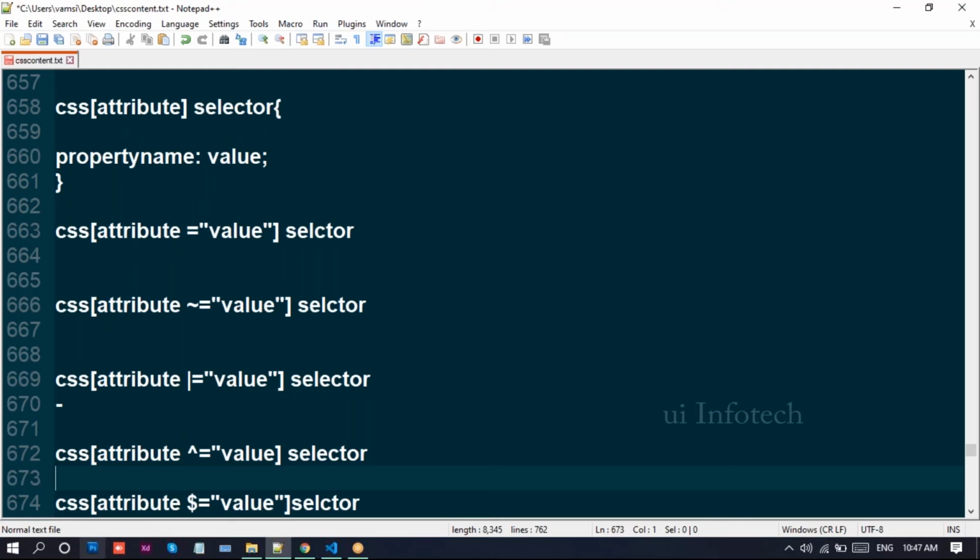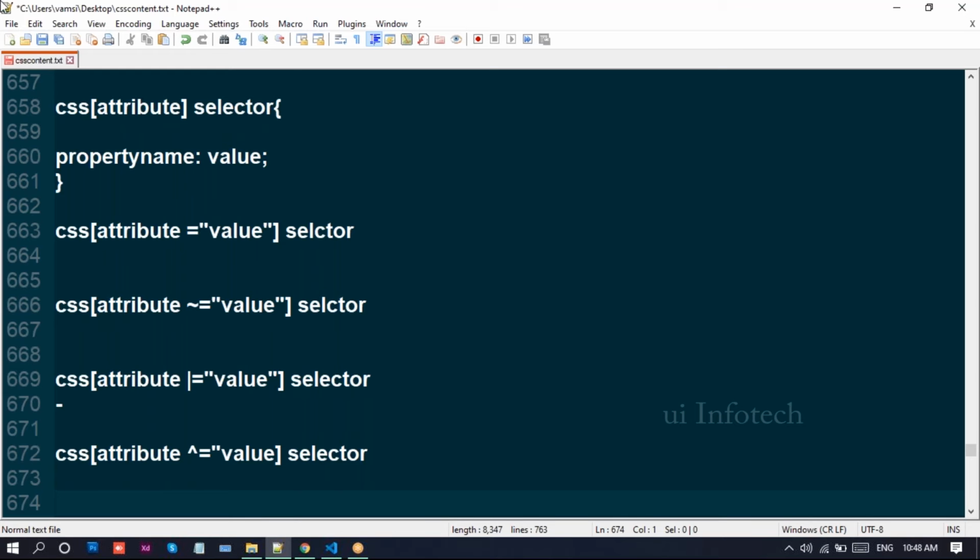Coming to the pipeline, we can use this pipeline operator to make an attribute selector. It matches any element whose attribute starts with a hyphen value. If you write the class name with a hyphen, it will match this pipeline attribute.